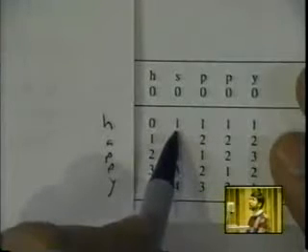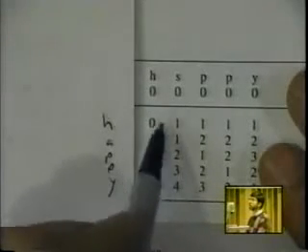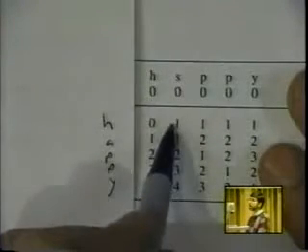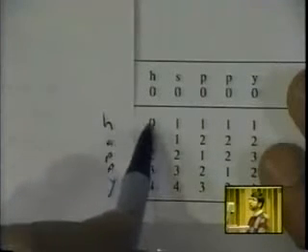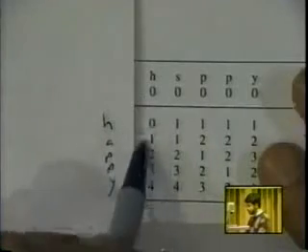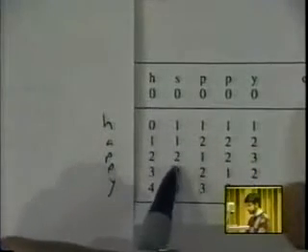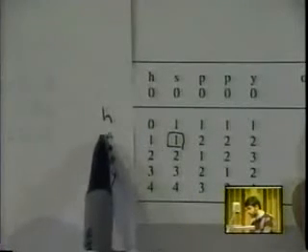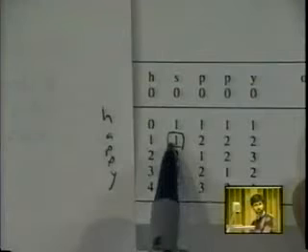Well, my choices are that I could pay a deletion. I could delete this character and add 1 to the cost of matching the H to the H. Or I could do a substitute. Well, maybe that's not an interesting part of the example. Let's look at this cell here. This is probably the most interesting cell. What's the cost of editing HA to HS?